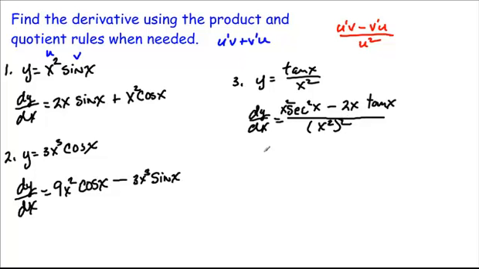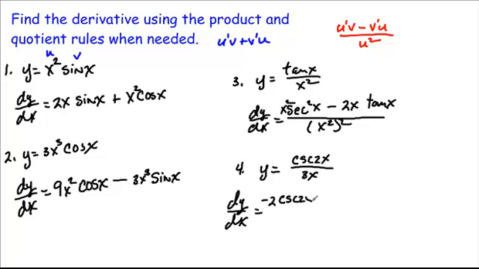Okay? And then 4, same thing. Quotient rule again. Let's go with cosecant 2x over 3x on the bottom. Okay? So dy/dx tells us it's the derivative of the top, which in this case is negative 2 cosecant 2x cotangent 2x, minus